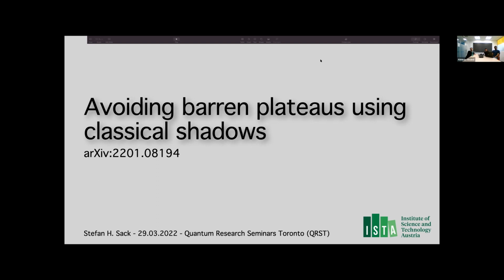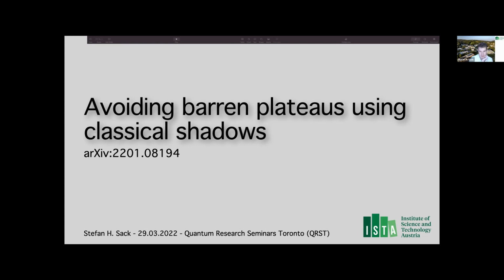And he'll be talking about his recent work where they tried avoiding Barren Plateaus using classical shadows. So Stefan, please take it away. So thank you very much for the invitation. I'm looking forward to telling you about our work that we archived earlier this year on avoiding Barren Plateaus